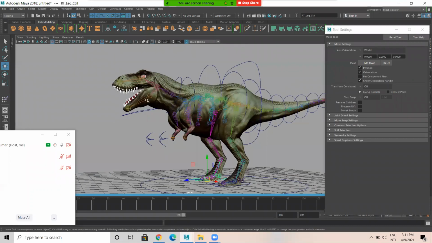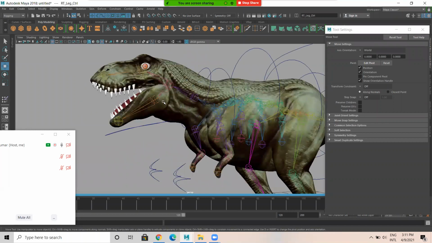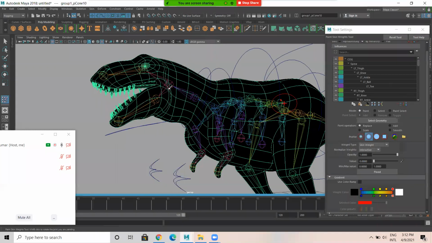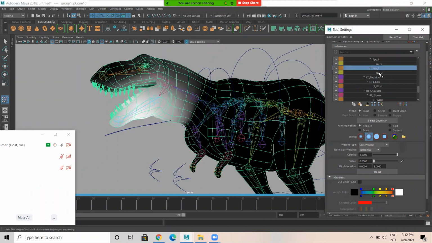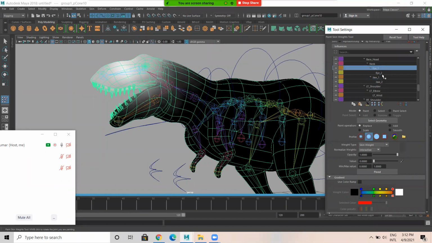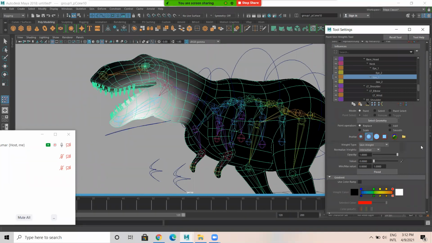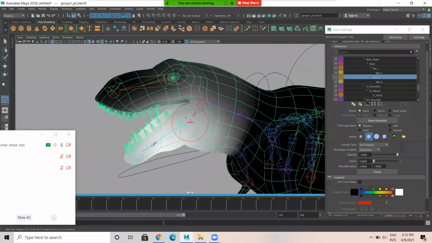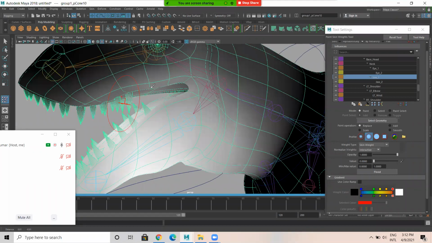Now we'll go to jaw. So jaw. I select this, go to paint skin weight tool. So jaw just come down, down, down. So naming really helps us in this way. Yeah, you have jaw 1, jaw 2, I1, I2. Okay, let me select jaw 1. First, replace with jaw 1. Here lower jaw, this is jaw 1, this is jaw 2. This should not affect these areas.